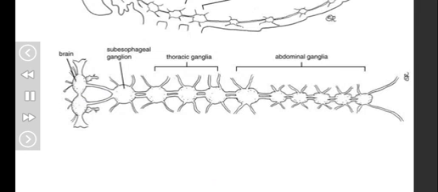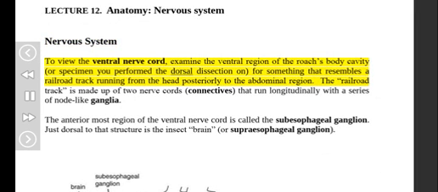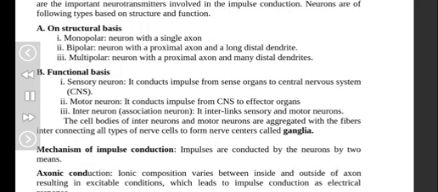Lecture 12. Anatomy. Nervous system. To view the ventral nerve cord, examine the ventral region of the roach's body cavity, or the specimen you performed the dorsal dissection on, for something that resembles a railroad track running from the head posteriorly to the abdominal region. The railroad track is made up of 2 nerve cords, connectives, that run longitudinally with a series of node-like ganglia. The anterior most region of the ventral nerve cord is called the subesophageal ganglion. Just dorsal to that structure is the insect brain, or supraesophageal ganglion. The basic component